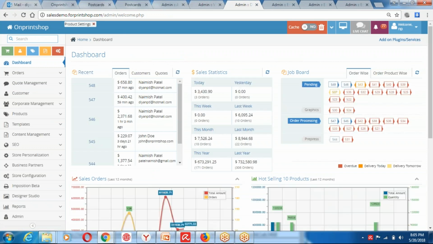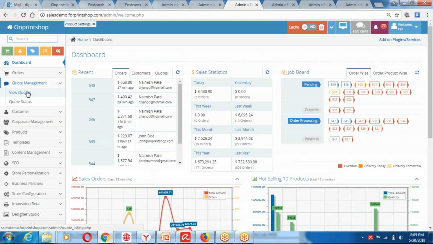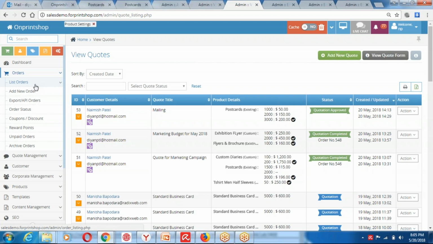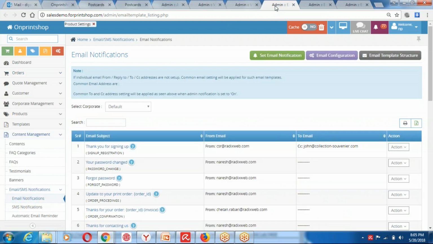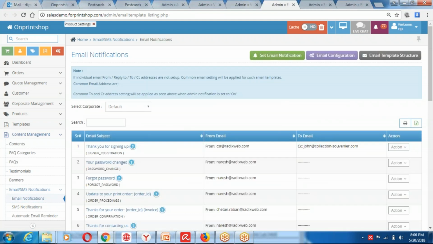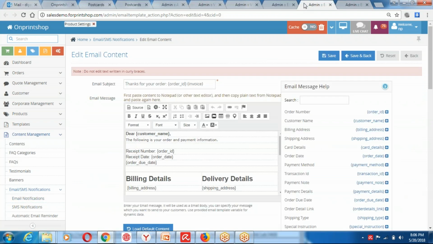So this is a very quick overview of how we can manage and automate your estimation requests via the price calculator. Second, adding an official quotation from the backend, and third, how we can add a new order from the backend. So a lot of your internal estimation processes can be handled by your team if you automate this process once. And if you want to automate your email notifications, you also have all the email notifications, quotations, invoices. You can also have the format automated by the system. So all these auto emails are being sent. If you want to personalize the email content, thank you for the order, or thank you for the quote, all those email contents can be customized and automated by the system.